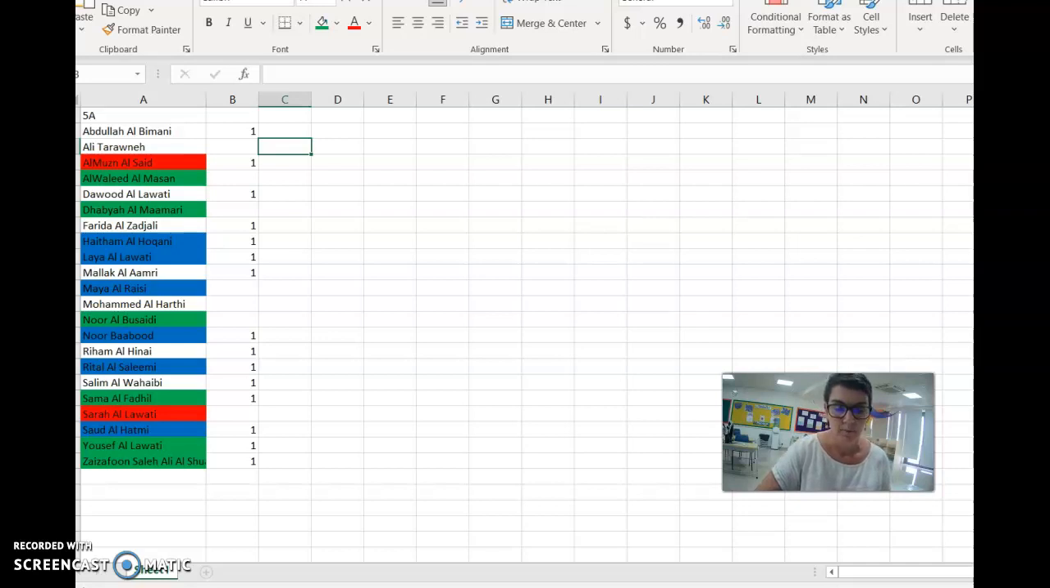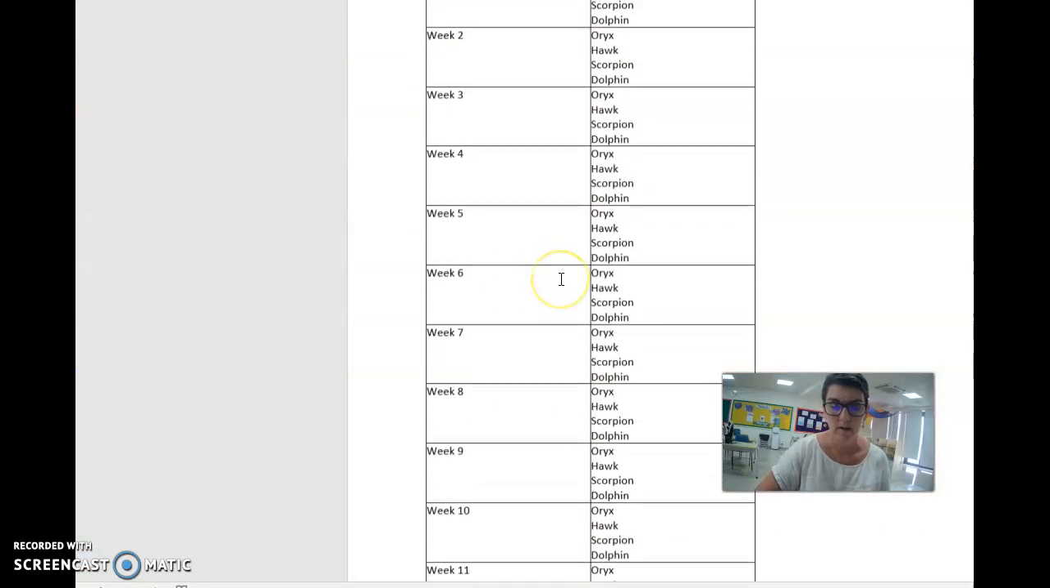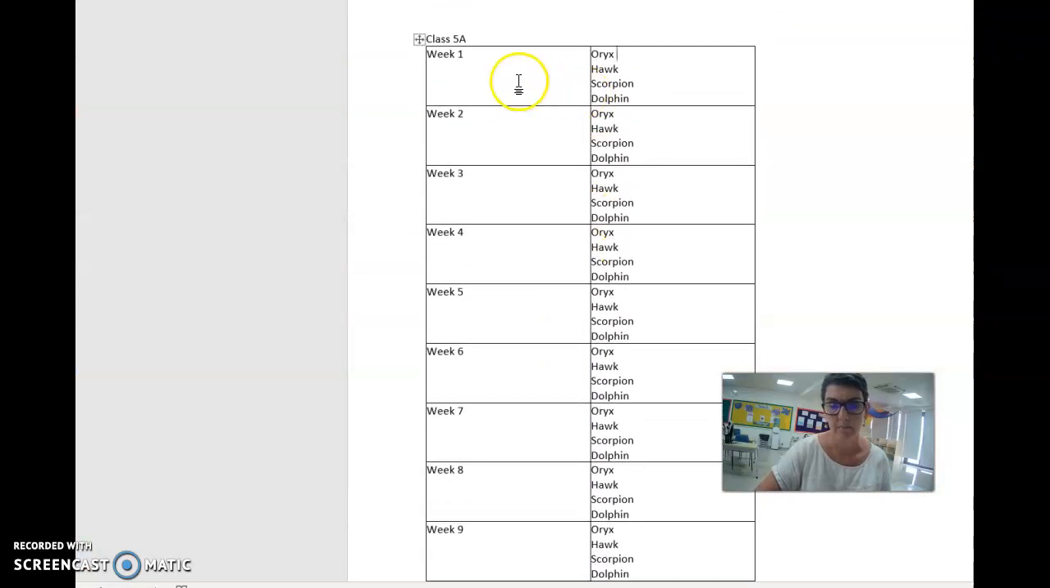So what I'm going to do then is have a template like this, and all I'm going to do is put in that I've got 6 oryx, 5 hawk house points, 1 scorpion house point, and 3 dolphin house points. And then I'm going to send that to me, because I will take those pieces of information